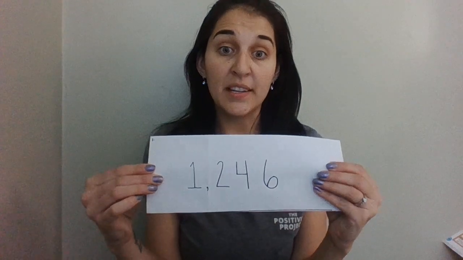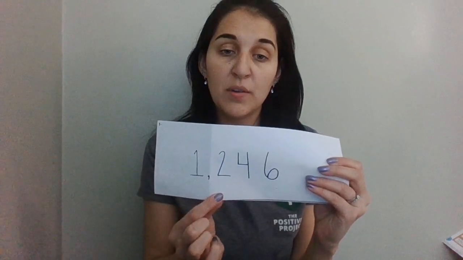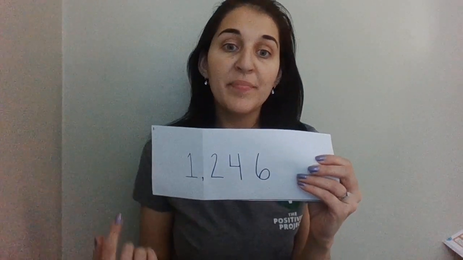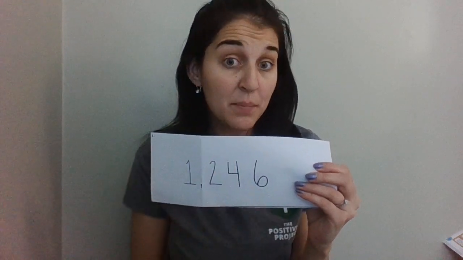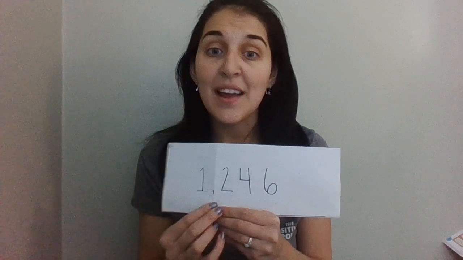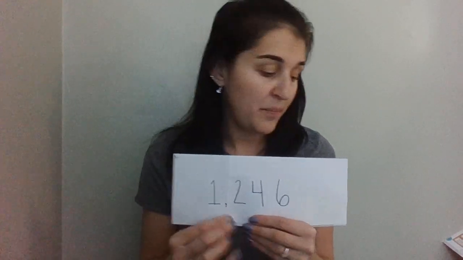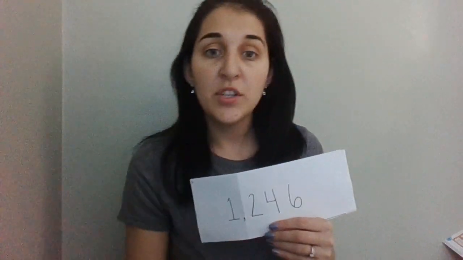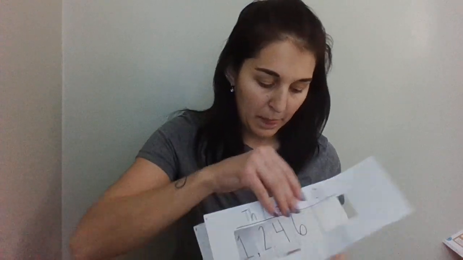This number is 1,246. Each number that plays a part in making up this whole number is called a digit, and each digit has a value. So I'm going to put a chart in front of our number,